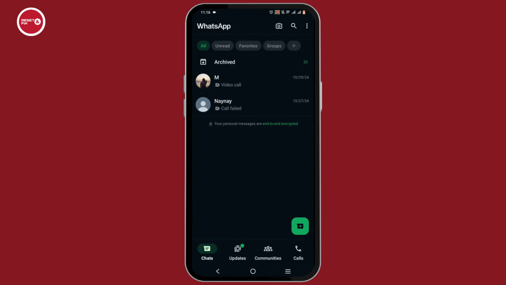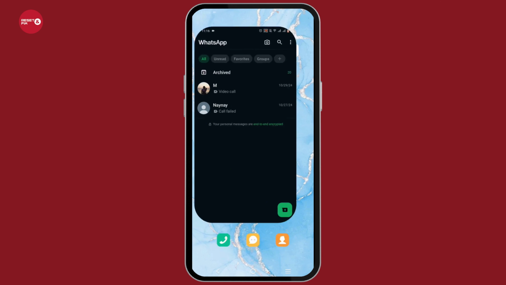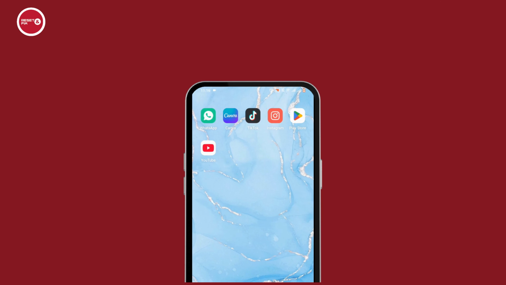Now you will find this chat on your chat feed of WhatsApp. Wasn't it simple? So make sure to go ahead and give this a try, and thank you so